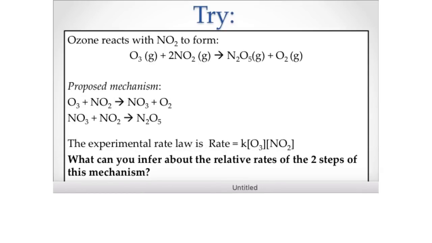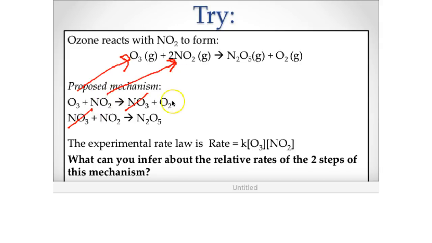Okay, so now that you tried it, let me find another pen. So you guys canceled, right? And found the overall reaction. You guys noticed how NO3 canceled on both sides here, and you have O3 which is here, and then you have 2 NOs, which is there, 2 NO2s, which is there, and then you have this O2 there and this N2O there. So this is the correct